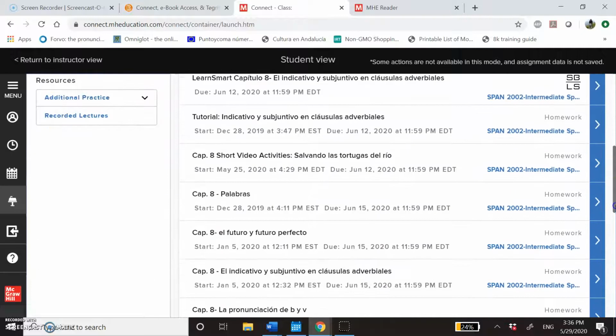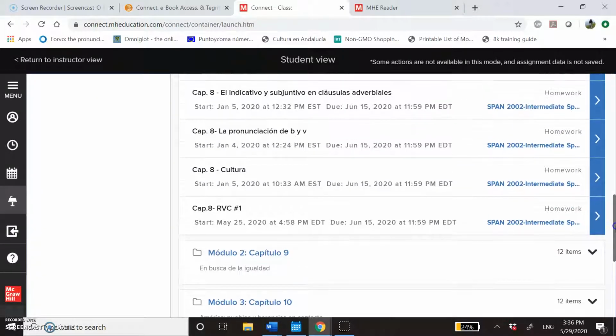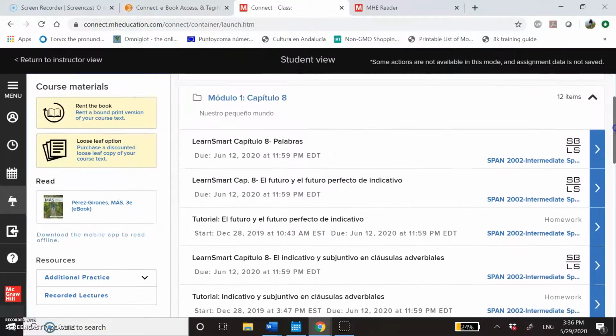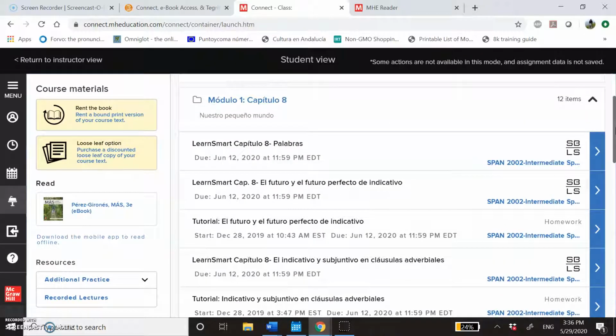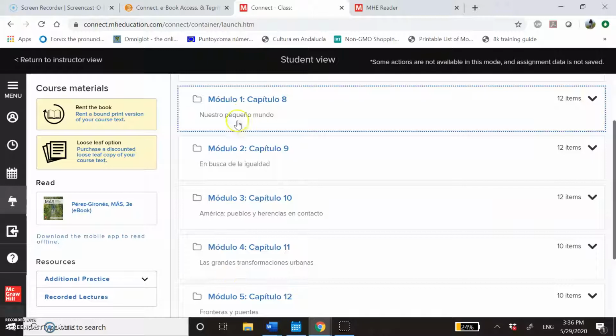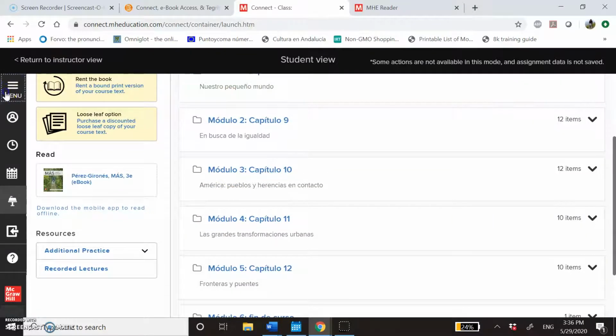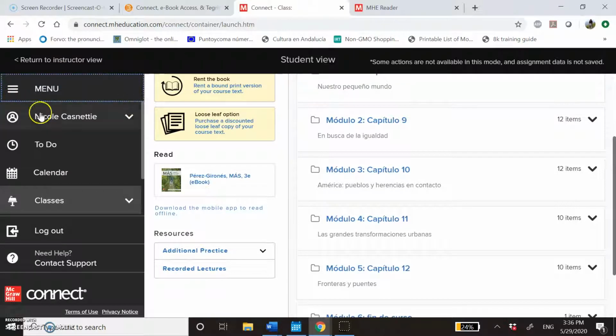Okay, the only thing that we don't see yet are the tests, but the tests and quizzes will appear in the order in which they are due. Okay, and in the chapter, like chapter 8 quiz will be at the end of this module. But an easier way to look at the order of activities that you need to do first is go